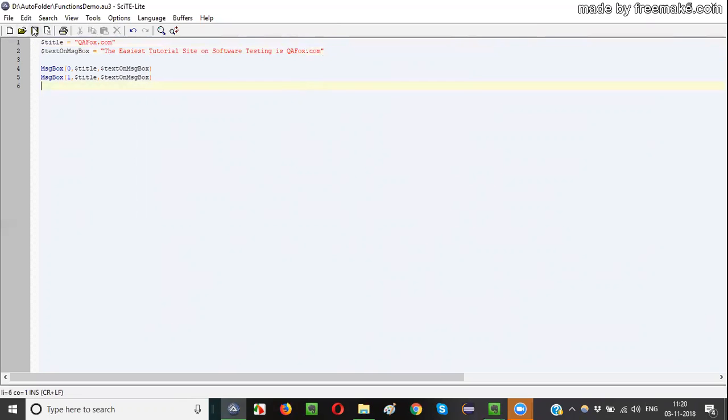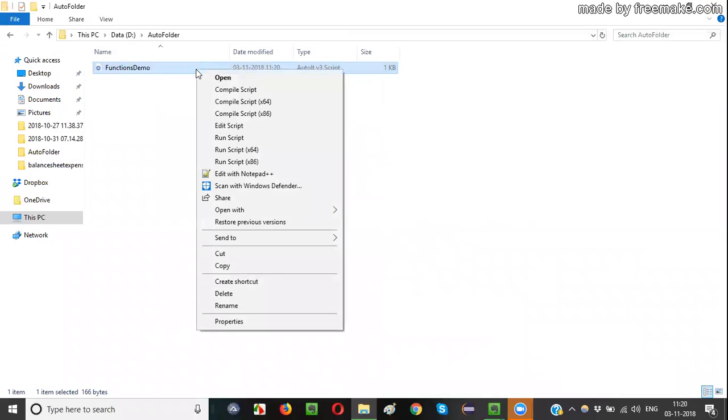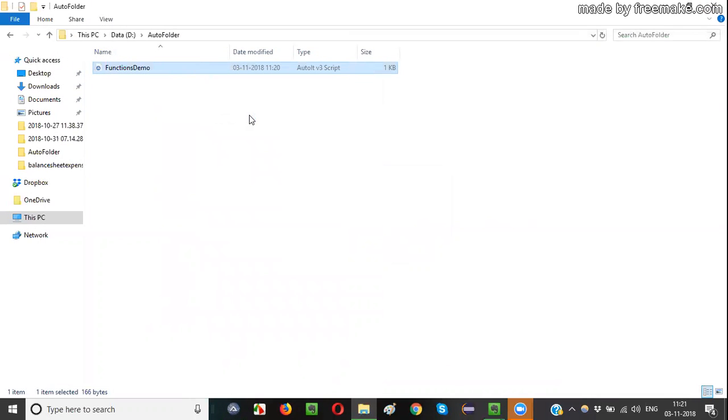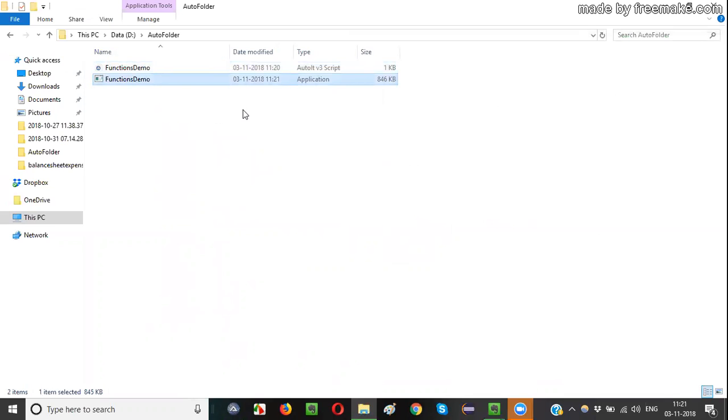Save it. Right click on this and compile script using 32-bit. You see, it is getting created, guys. No matter how many times you change, it will get created now because I modified the settings in my antivirus program, which is now allowing me to compile the scripts and generate the exe files. Fine. So the problem was with my antivirus, so I had to change my antivirus settings and get this done.